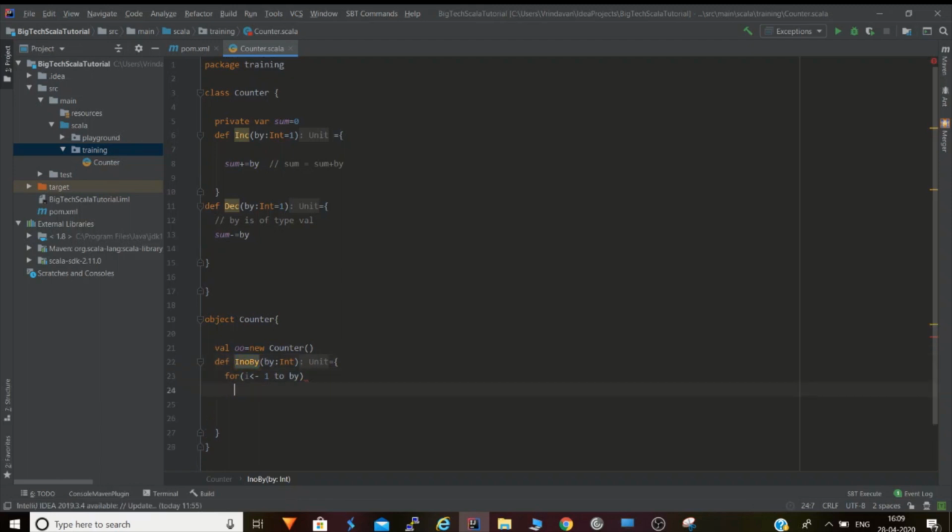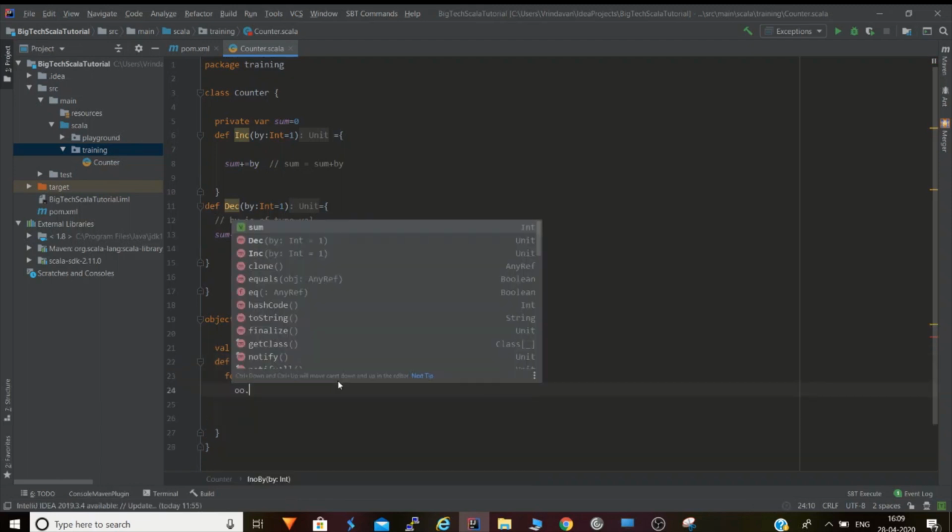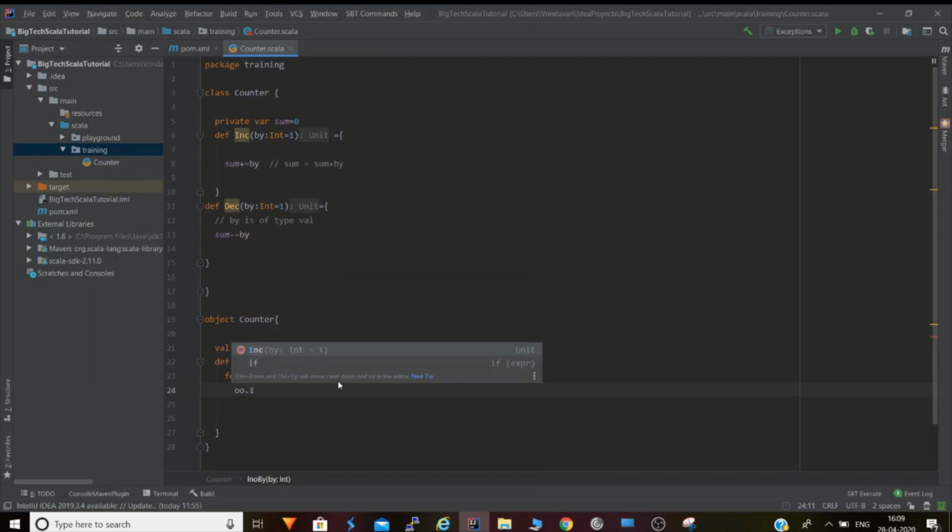Now we'll call the object we've created. We'll call the increment. Here you are seeing that though it is expecting one argument to be passed, we are not passing any argument.